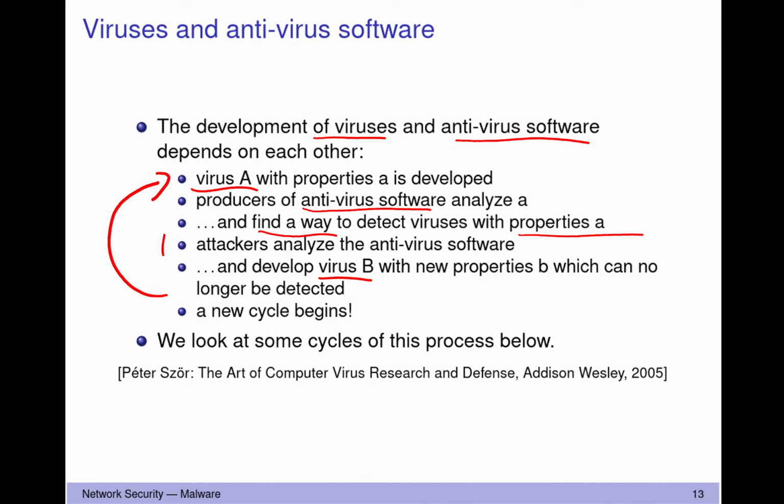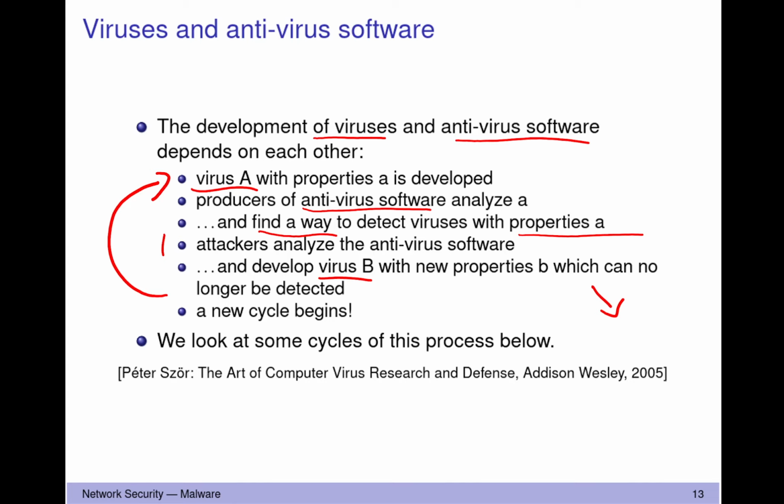The antivirus software still gets the copy of virus B, can analyze it, and can adapt its detection rules. And therefore it's always also needed, if you have antivirus software running, to periodically update that software to get a new database with the newest developments, to be able to detect then virus A and virus B. Okay,